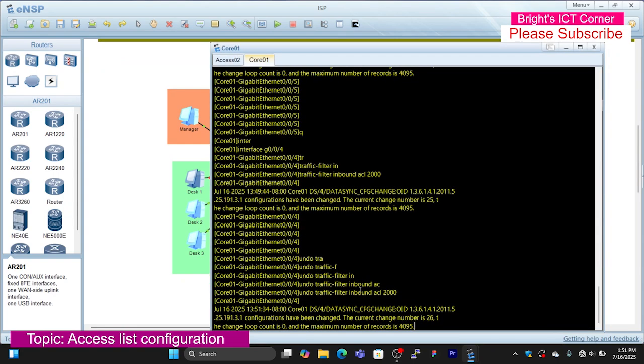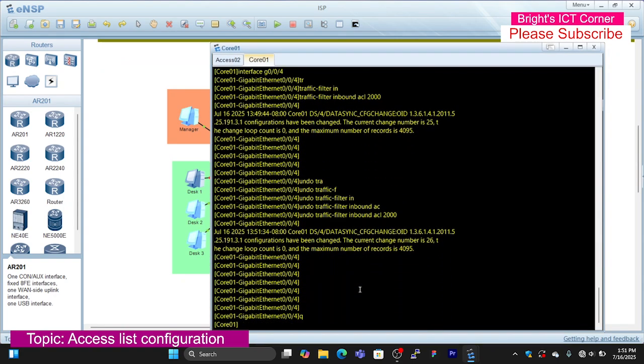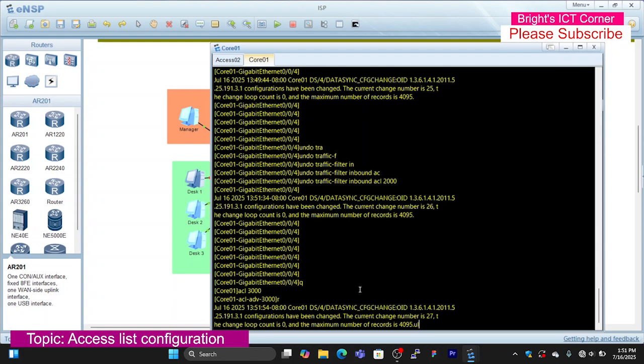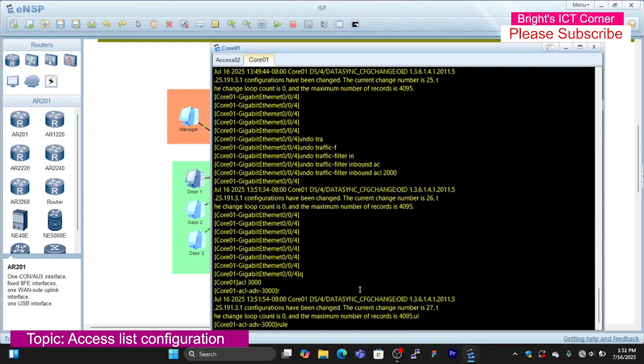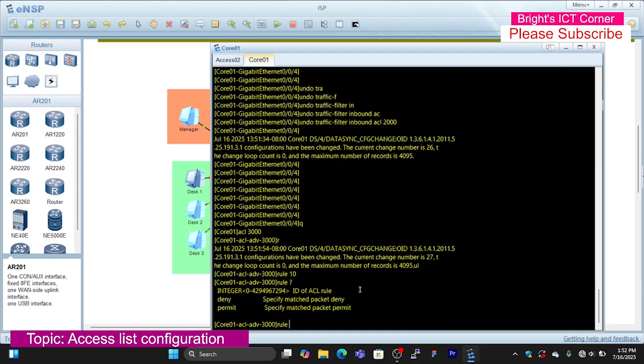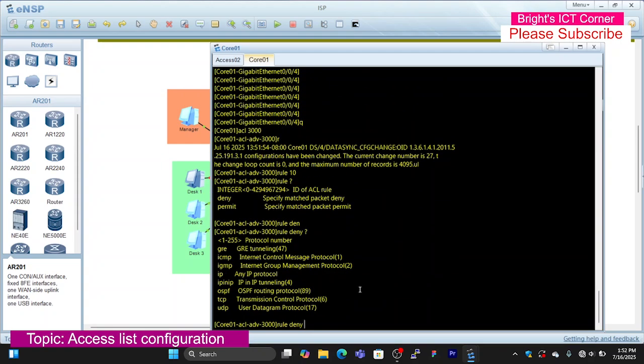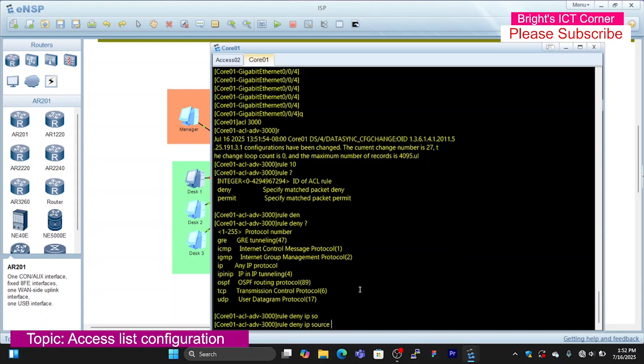So now you're going to configure an advanced access list. I'm going to quit, then go to access list. Then remember the first number is 3000, advanced access list. Then we're going to go to rule. Let's suppose we give it a number. Just deny. Then deny source. The protocol is IP. Then source. Remember, we are denying from this network, which is